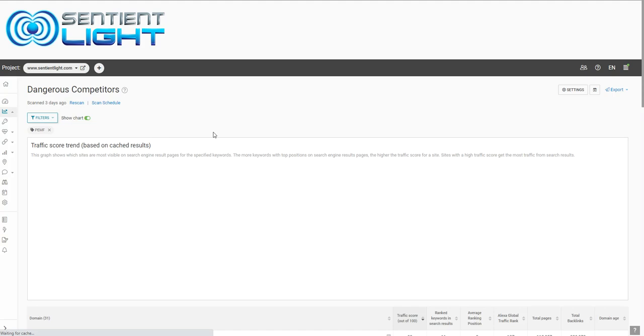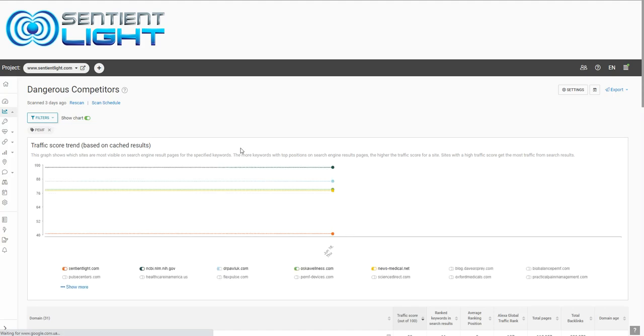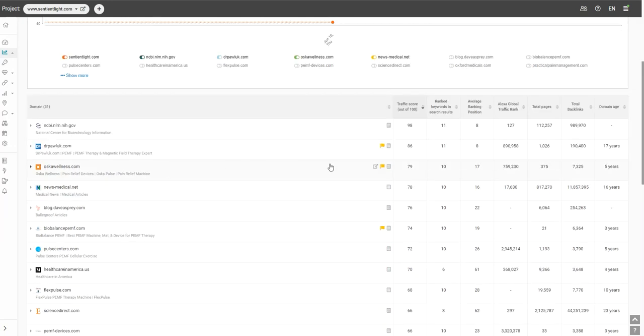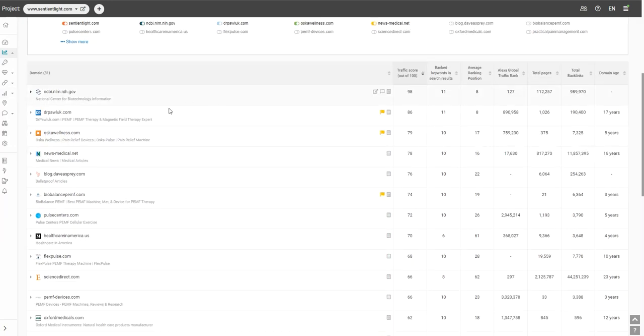And I've filtered this for only those tags that have the word PMF in it, because I only want to find the competitors that are competing for the words with PMF in it. So I did the filter, chose the tag PMF, and then chose apply, and then I got this filter. And when I did that, it filters out to these keywords, these websites being the number 1 competitors for those